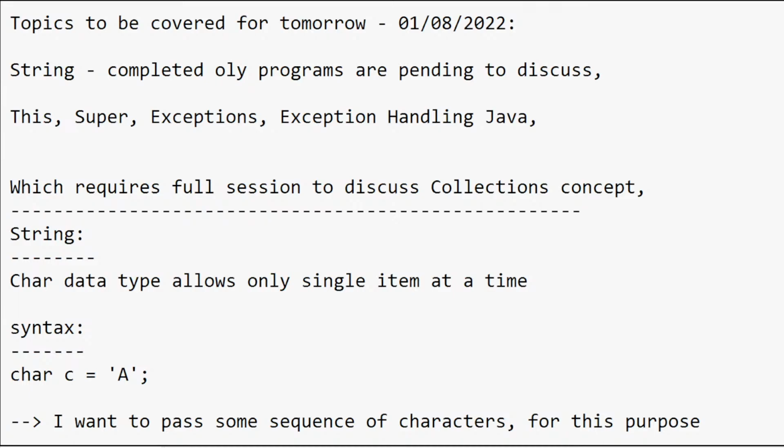Here, an exception is an unexpected event which occurs during the execution of a program that interrupts the normal flow of the program. An exception means an unexpected event which occurs during the execution of a program. For example, if I am executing some program,